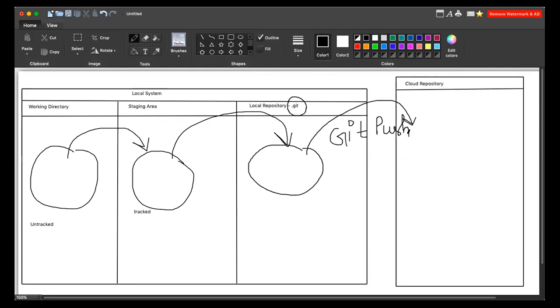So, okay, sorry, there is one command. That command is git add. When you do git add, Git will come to know that I have to move this. After git add, you'll be writing the file or folder name which you want to move to the staging area. Okay, this way. That is fine.